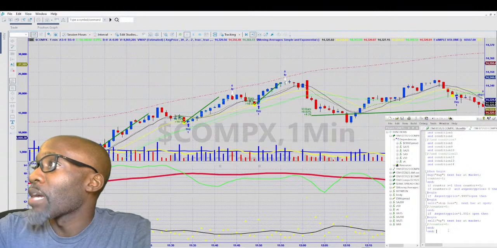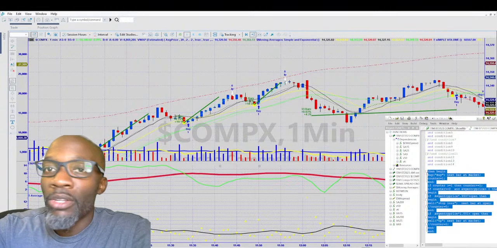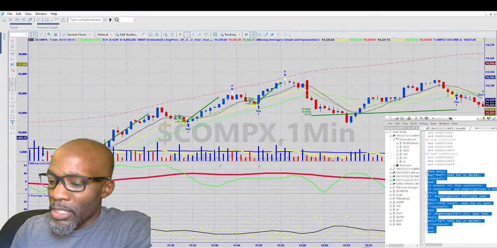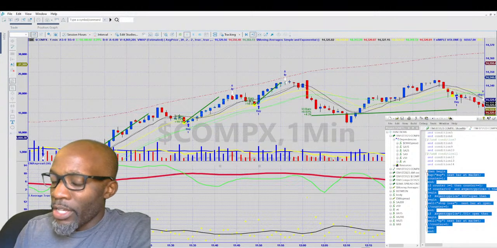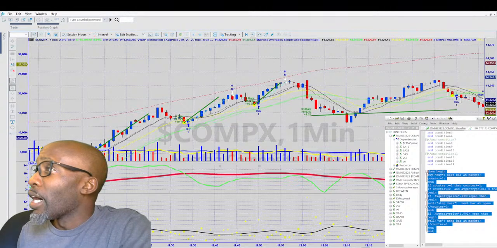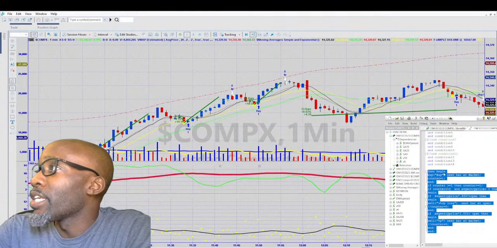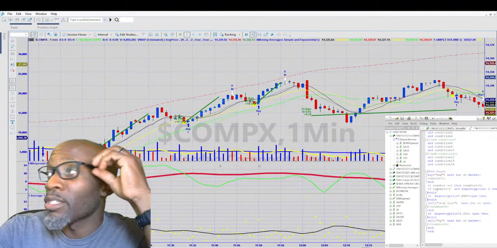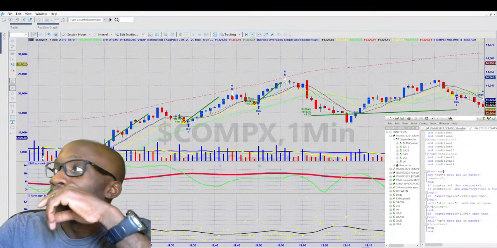And this took me some time to figure out. I haven't been doing a lot of strategies, so every time I do it, it takes me a little bit of time. But I've got the entry situated. So the entry is here, the buy bar, and then to exit on this same chart,